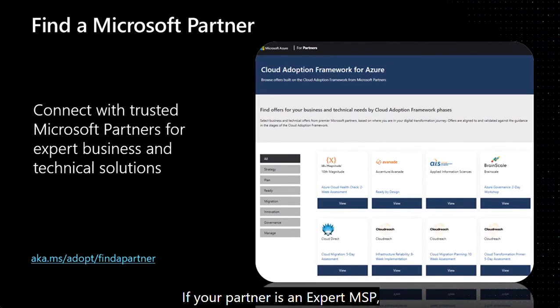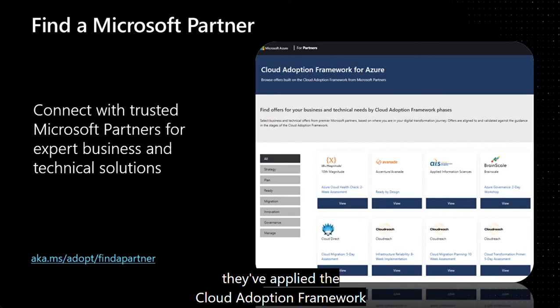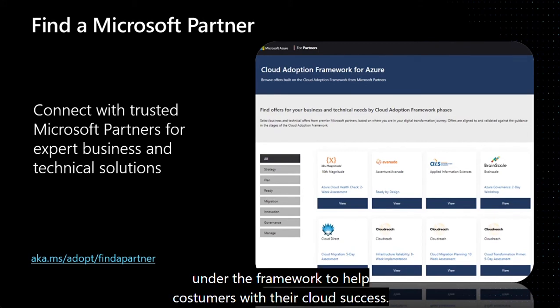If your partner is an Expert MSP, I can almost guarantee that you are going to be in good hands, because this partner has gone through the cloud adoption framework training. They've applied the cloud adoption framework, as well as the tools and the assessments under the framework, to help customers with their cloud success.